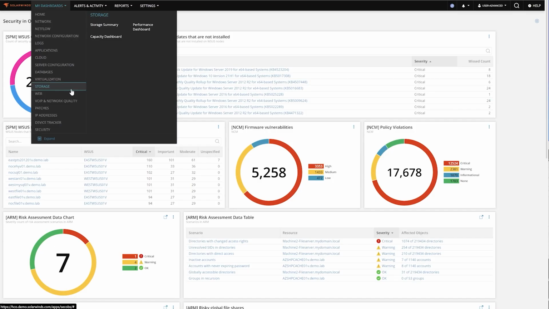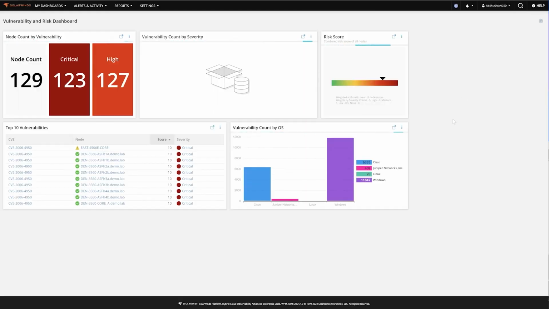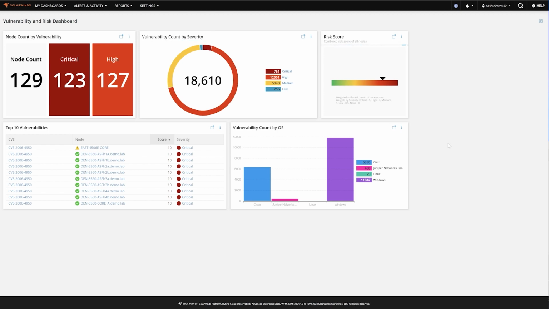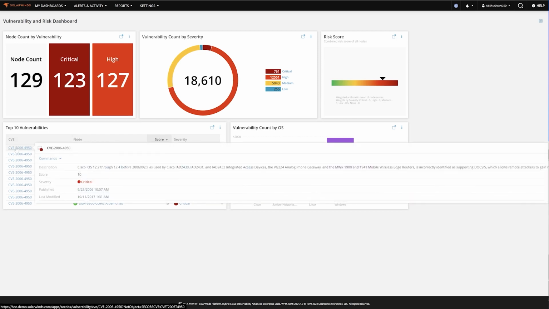New to this latest release this February, we also have a vulnerability and risk dashboard, which we're really excited to share with you. And this kind of gives you a high-level risk assessment in your environment that's being drawn from CVEs, and you can also pull CPEs in to get this information. So you have that at a glance. These are where our risks are. You can get more information on the CVEs here, and you have all of it there so you can take care of that.